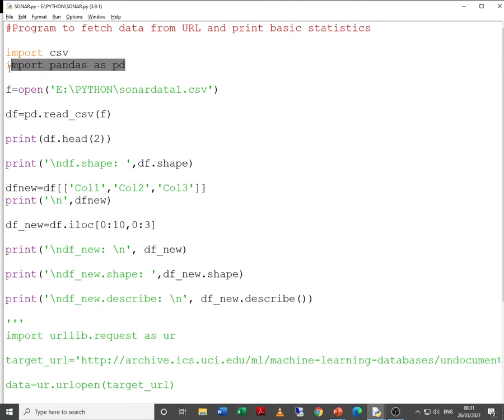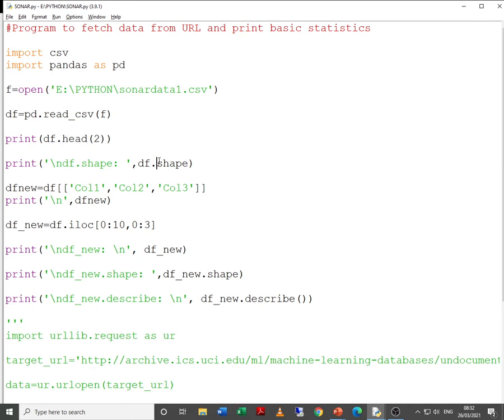We had written import pandas as pd. Remember, pandas is a very useful module as far as doing data summary is concerned, and if you remember just a few methods, then you can do a lot of tasks very easily. There is a read CSV method which will read the file pointed by F. F is opening the file, the CSV file. The head method will print the first few specified number of records.